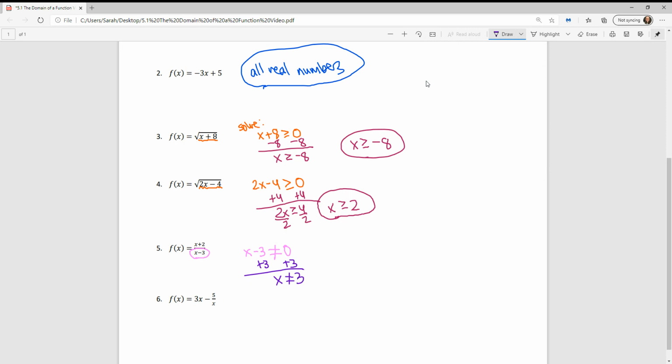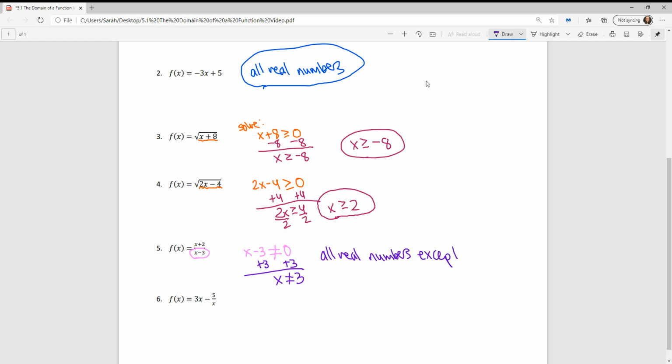So then my domain is any value of x. I can plug in any number for x I want, except for 3, because if I plug in a 3 here, I get a 0. Anything divided by 0 is undefined. So this is going to involve x not equal to 3, and my domain is all real numbers